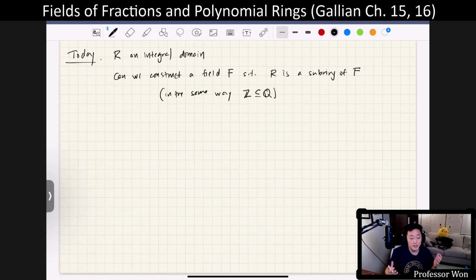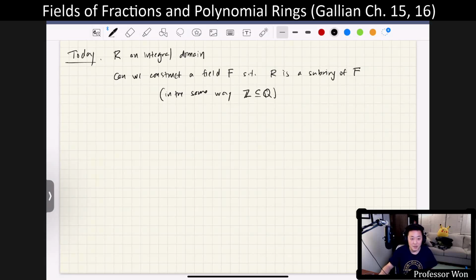Can I actually take an integral domain and put it in a field? And a field where basically every element of the original ring has an inverse? The answer is yes. We can do this by constructing what we call the field of fractions of R,